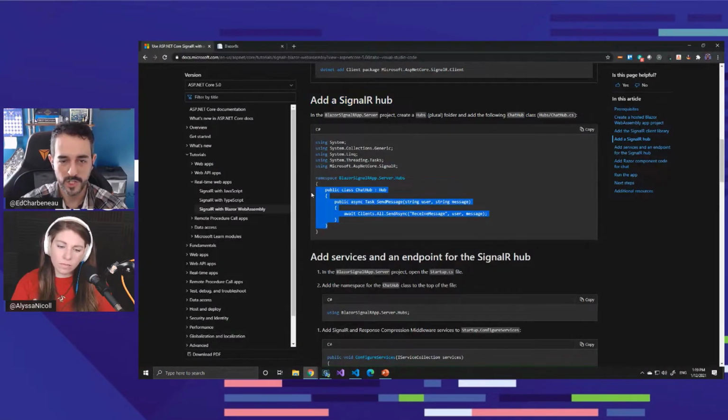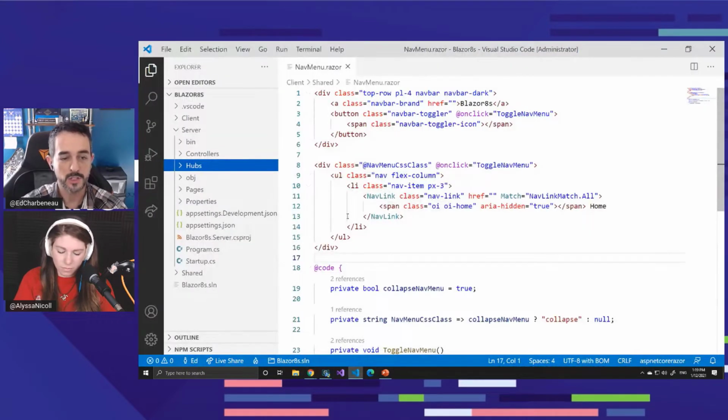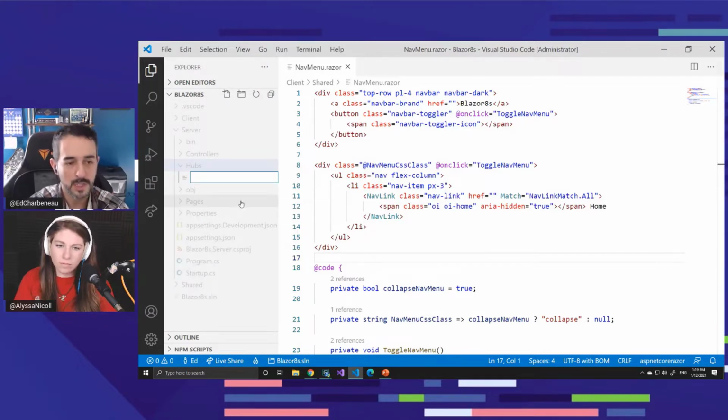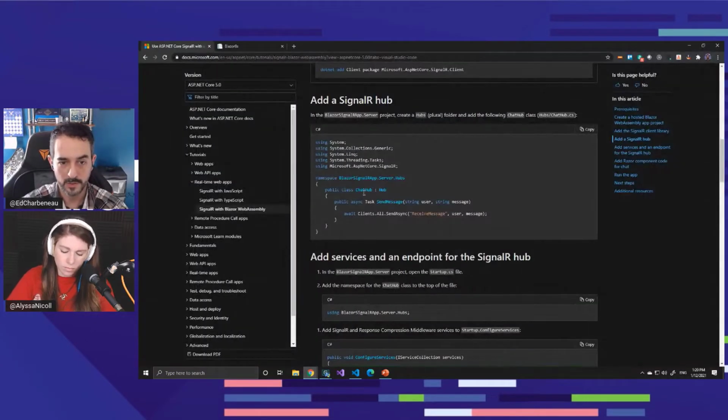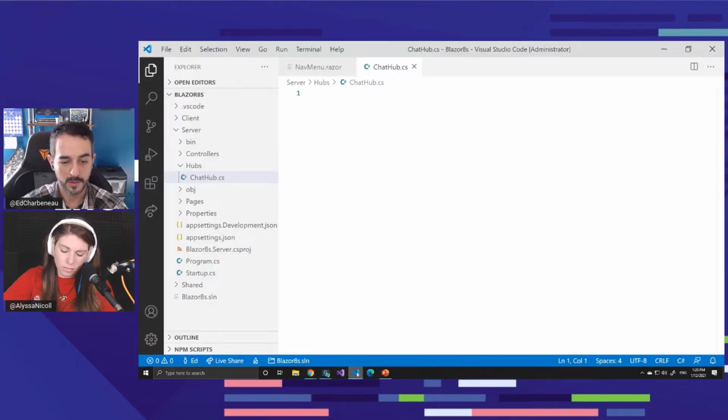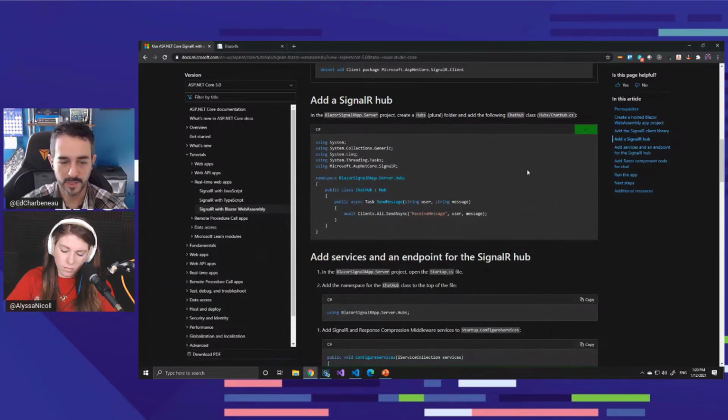So we're going to start with the chat hub. I know I said we'd do more of a hello world style thing. We'll get back to that. We'll just follow the demo in the docs here real quick and get a chat hub. So we'll add a new file here. We'll call it chat hub. I think that's what is suggested by the docs here, right? Yep, chat hub. And we'll go ahead and just paste in the code from this page here,